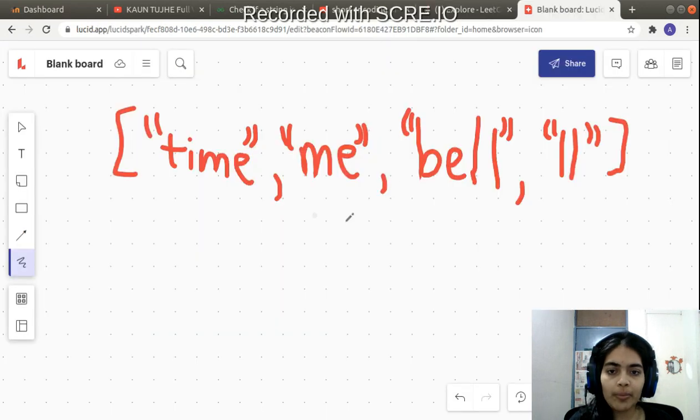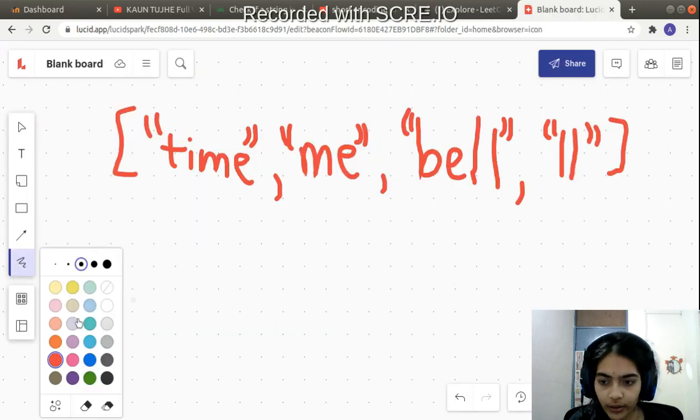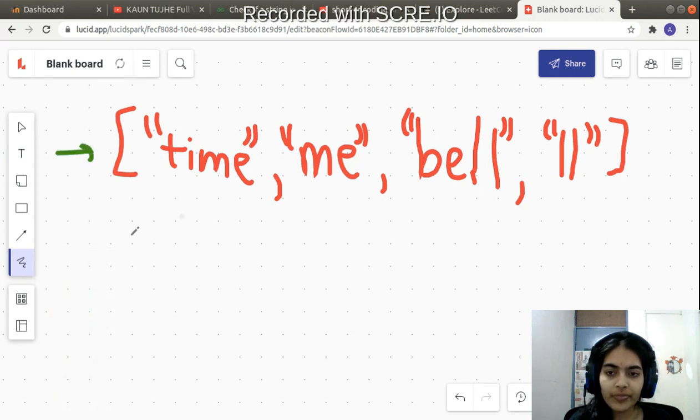So let's take an example to understand what their encoding is. For example, this is our words array, which has many strings inside it. So this is the words array which has 4 strings in our example. Now we have to see if any string is a suffix of any other string. So let's take examples one by one to understand.